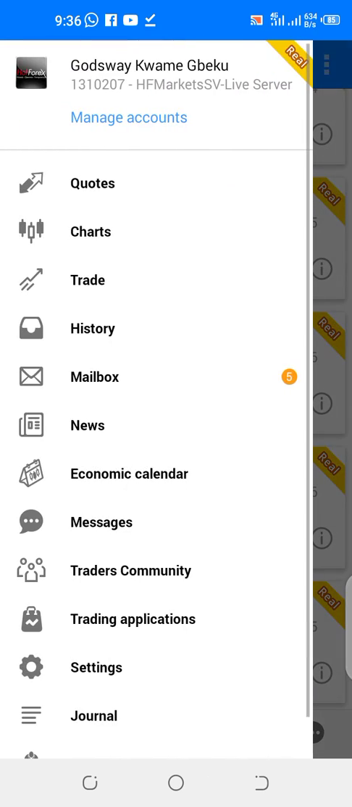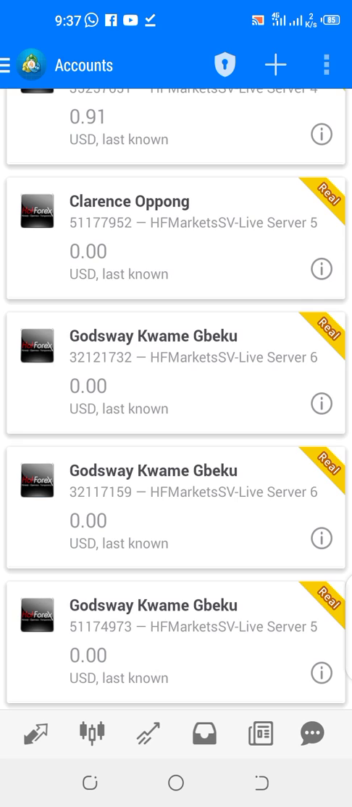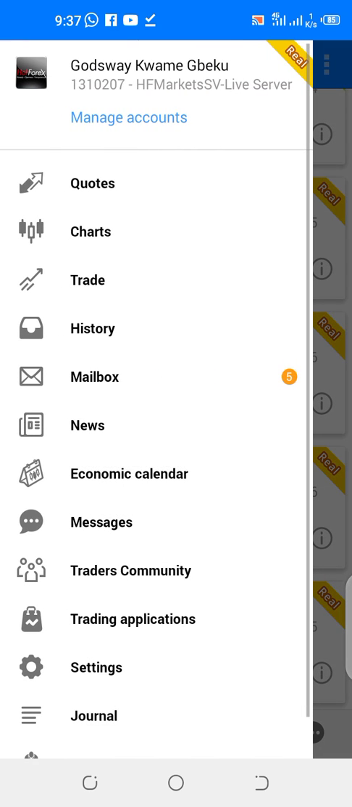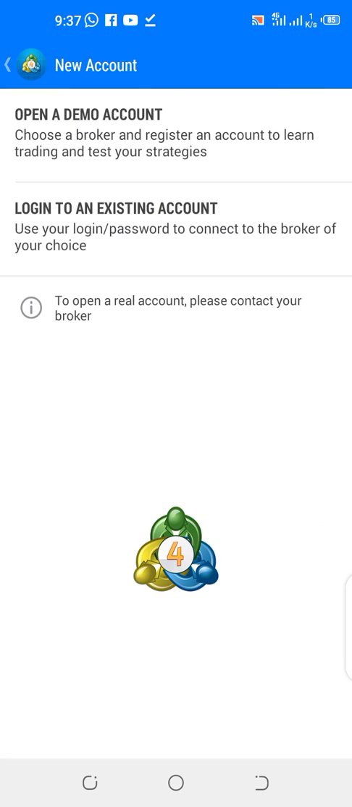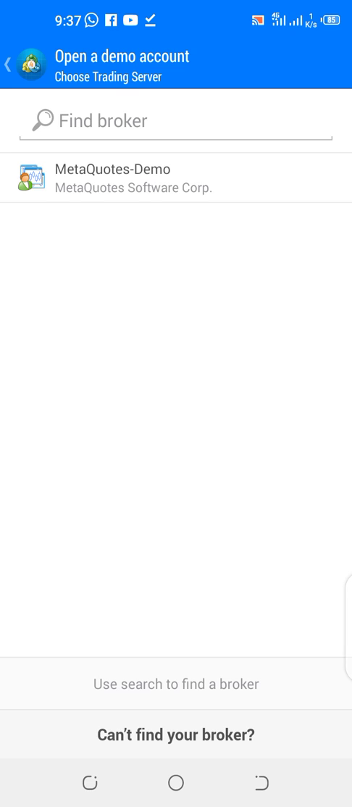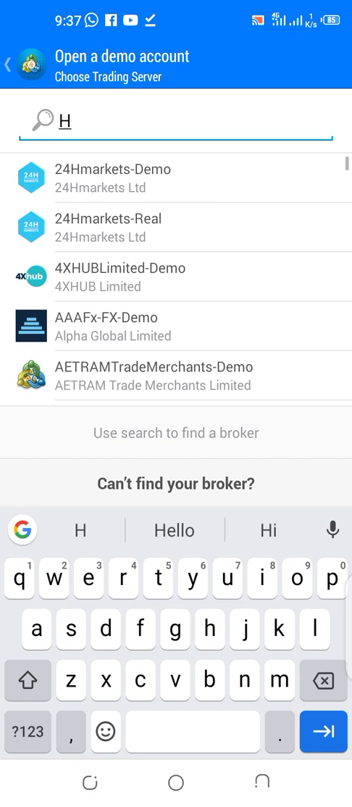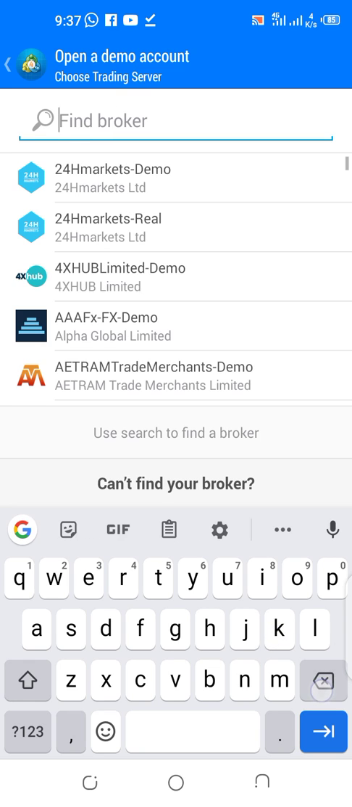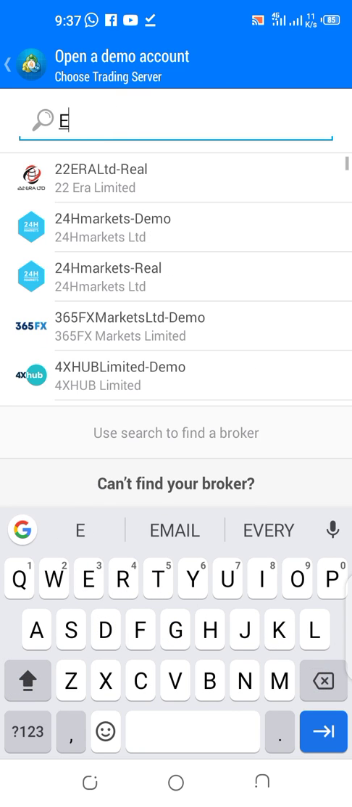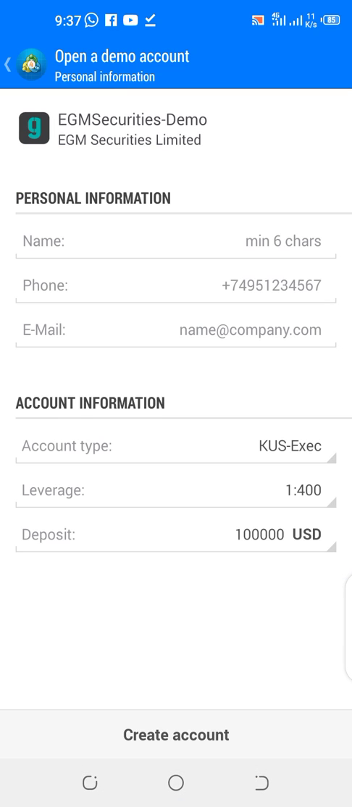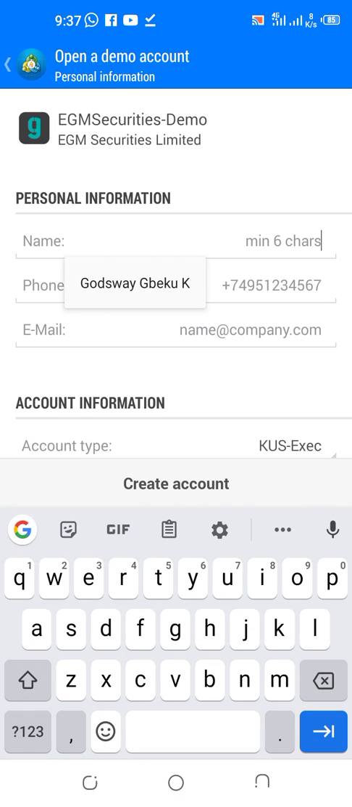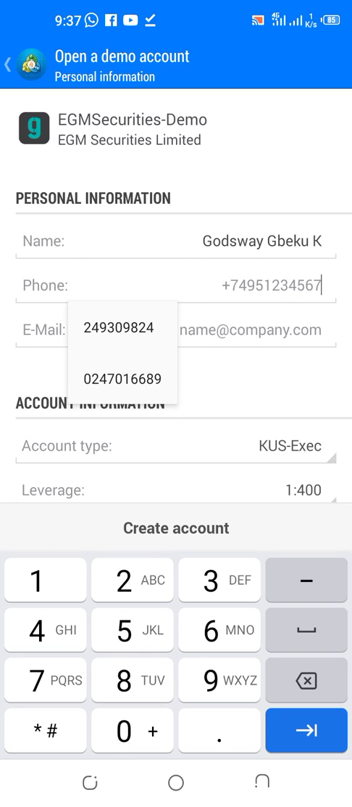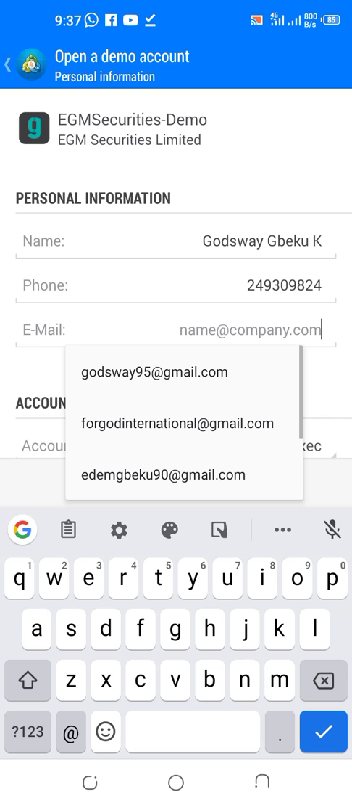Yes, so I've deleted that. So what I'm going to do is manage my storage, and then I'm going to add account, and I'm going to open a demo account. So you can look for HF Market. No, let's use AGM Securities. Okay, so I'm going to set up this place, put in my name, my phone number, my email